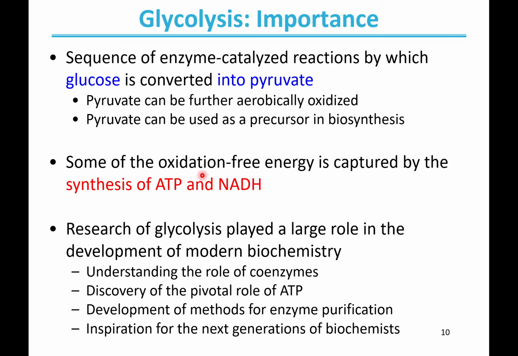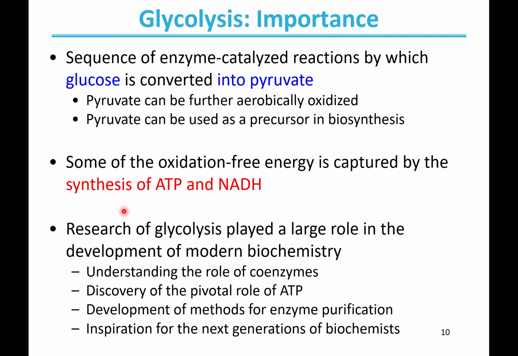Some of the oxidation free energy of glycolysis is captured by the synthesis of ATP and NADH. ATP can be used directly as cellular energy. NADH is a reduced cofactor, and it can transfer its electrons to the electron transport chain in the mitochondria, thus generating even more ATP. We'll talk about that in chapter 19. So glycolysis can produce energy itself, and it can produce pyruvate, which then goes on to produce more energy or other